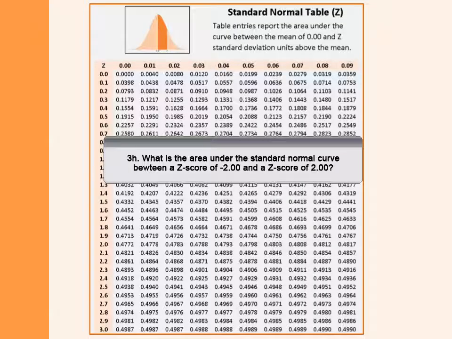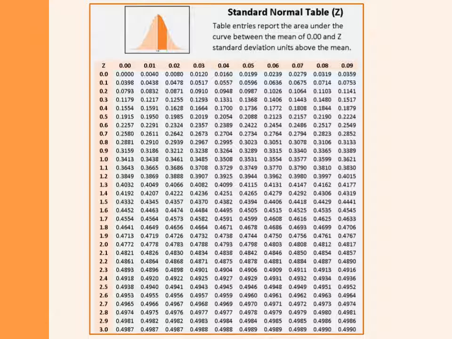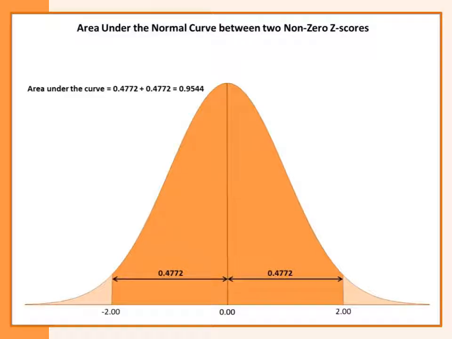For item H, we find the area between minus 2 and plus 2 z-score units, and because the absolute value of minus 2 is 2, we again look up only one z-score value. So we highlight the row that reports z-score of 2.0 and the column that reports 100th, and we see the value of 0.4772. Placing both z-score values on the normal curve, we see that 0.4772 proportion of the curve falls between the mean of 0 and a z-score of minus 2, and the same proportion of the curve falls between the mean of 0 and plus 2.